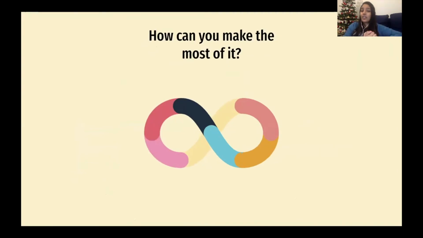Now, let's talk about how you can make the most of it. A lot of times, especially if your team has been the same, you tend to start falling into this stagnant phase where you're just like, yeah, things are going well, yeah, we're doing stuff, okay, we are being productive, or we weren't productive. You get stuck in answering just one or two questions. You get stuck in this circle, in that loop.